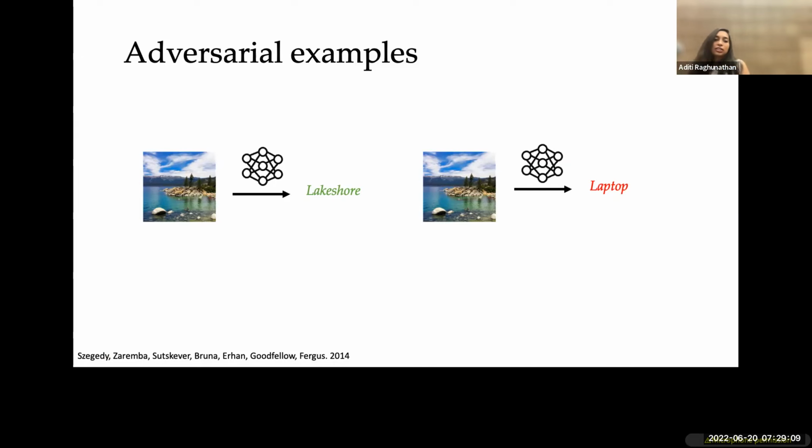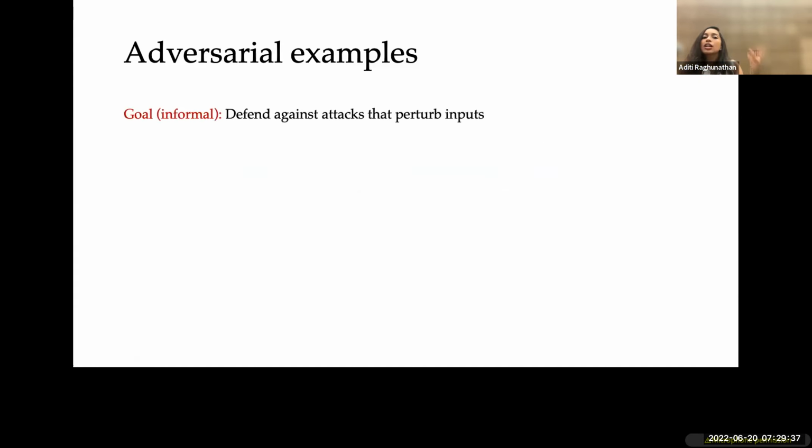This is pretty striking. And again, how do we trust these systems, and what do these models learn if something as simple as a few pixel changes can completely change the way the model is perceiving this input? For this reason, this question received a lot of attention within the community. It's also intellectually very curious: why is this image that looks absolutely the same considered so different by the model? So there's this general goal of trying to defend against such small changes. The informal goal here is we want to defend against attacks that perturb inputs.